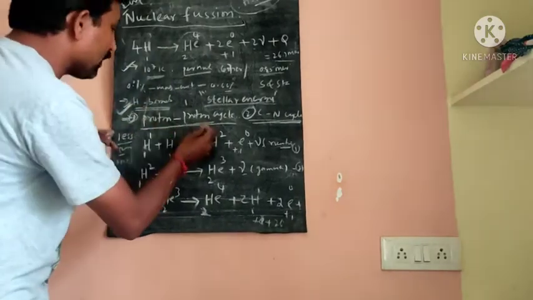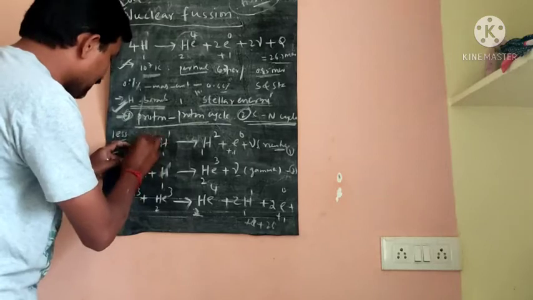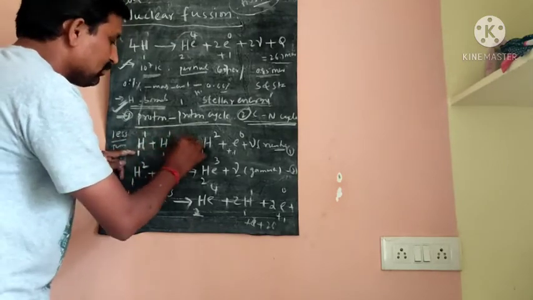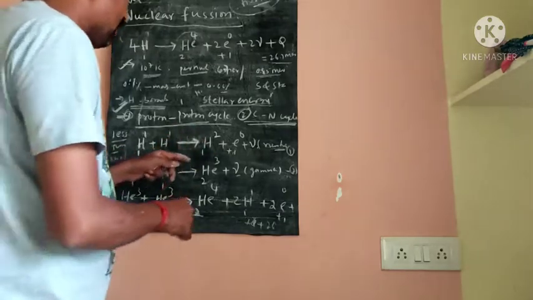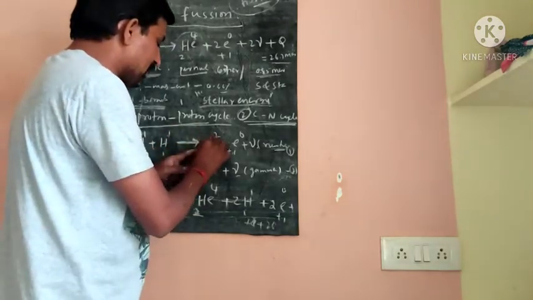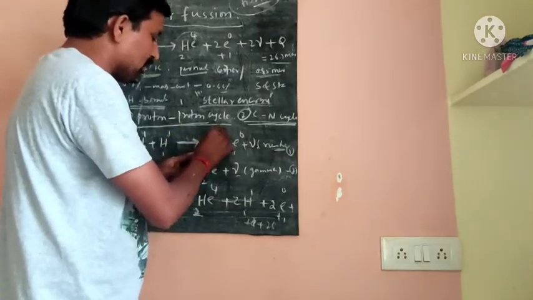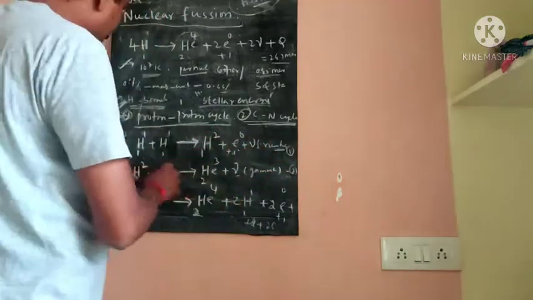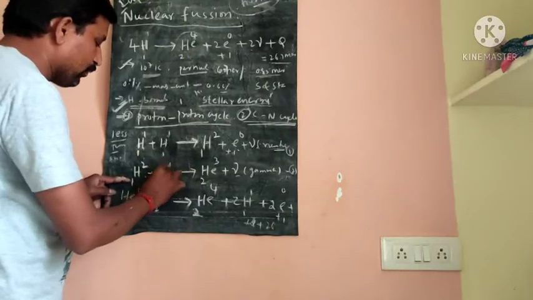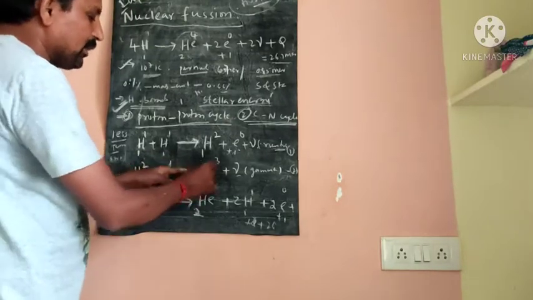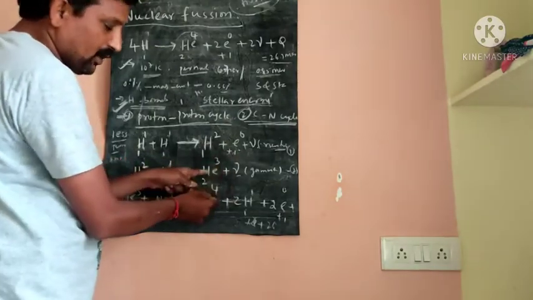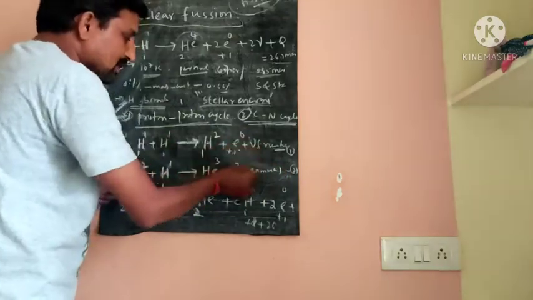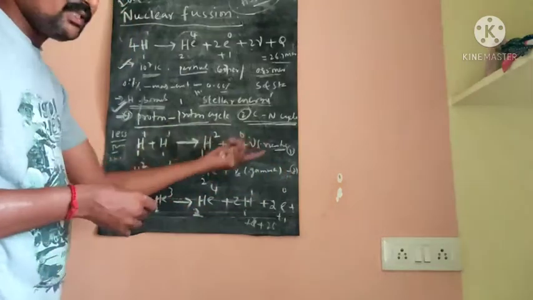In the proton-proton cycle, in the first equation, 2 protons H11 and H11 combine with each other. An unstable hydrogen isotope H12 is formed, plus one positron and one neutrino. Then H12 again reacts with a proton H11. Unstable helium-23 is formed and one gamma ray is produced. These two equations take place twice.